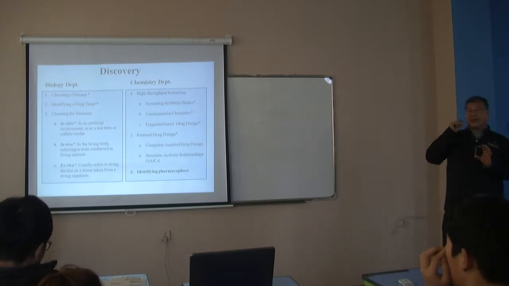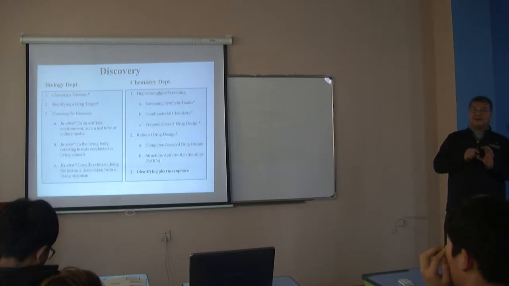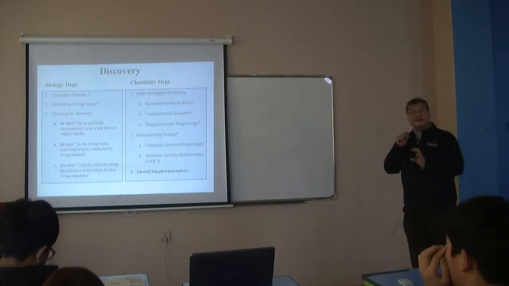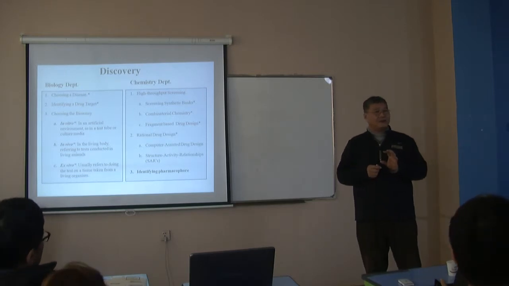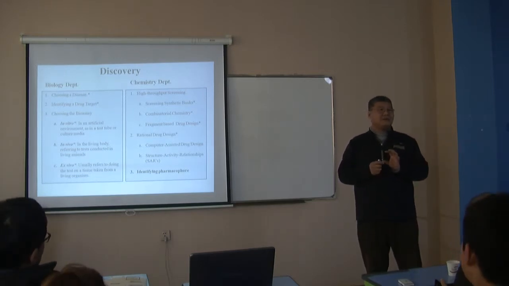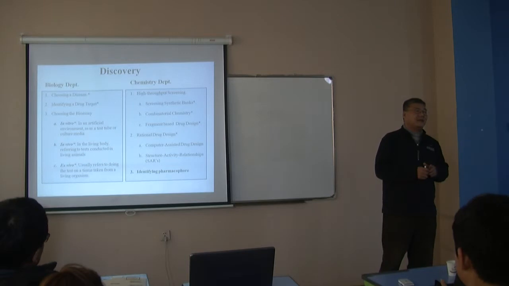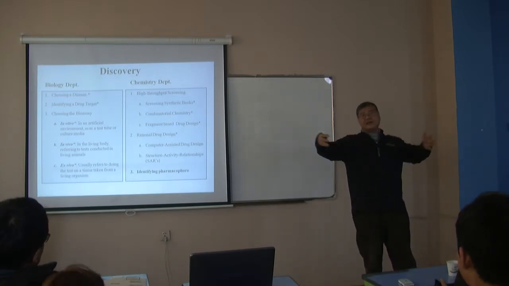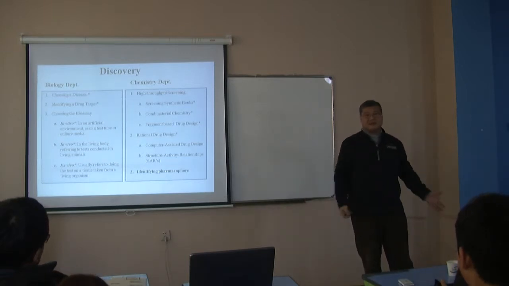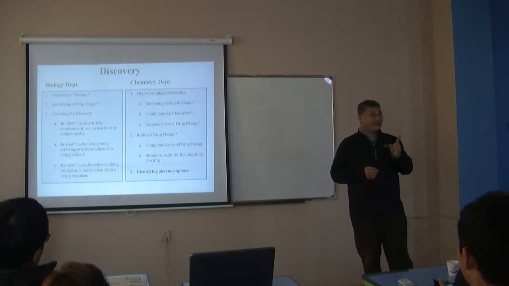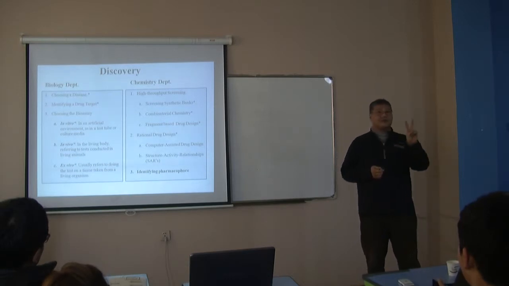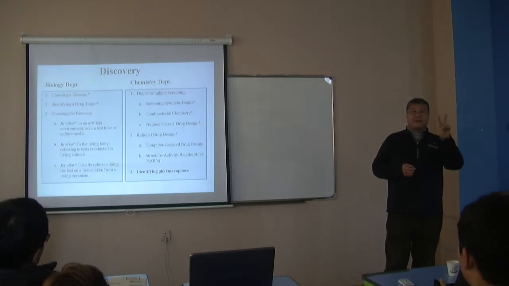Okay? So the test tube is very important for us, because if it is not in the test tube, we cannot do very much. Then the process to find the drug is going to be elongated, a long time. It's going to take about 20 years, and then no one is going to be interested. An important thing you have to know is that patent law gives you an exclusive right for 20 years.